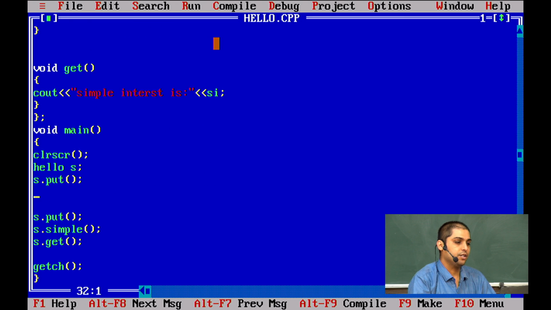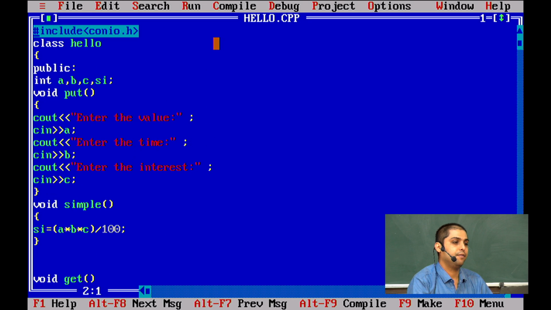So why does it happen? It happens because we have called the put function 2 times. First time when the put function got called by the object,